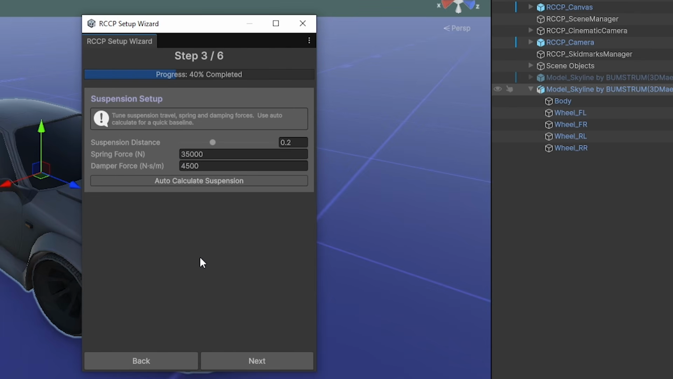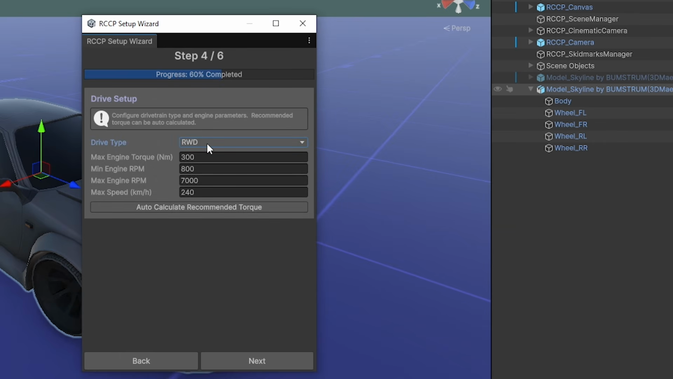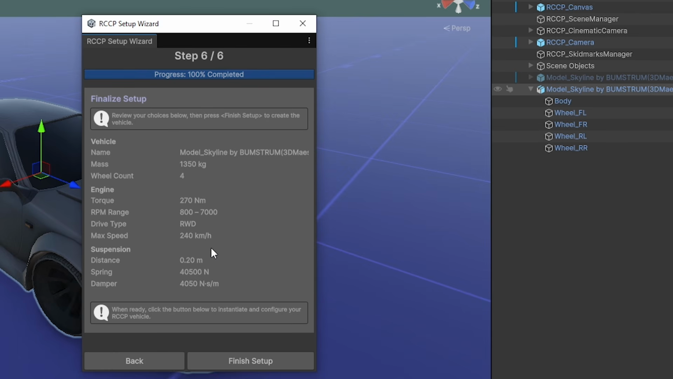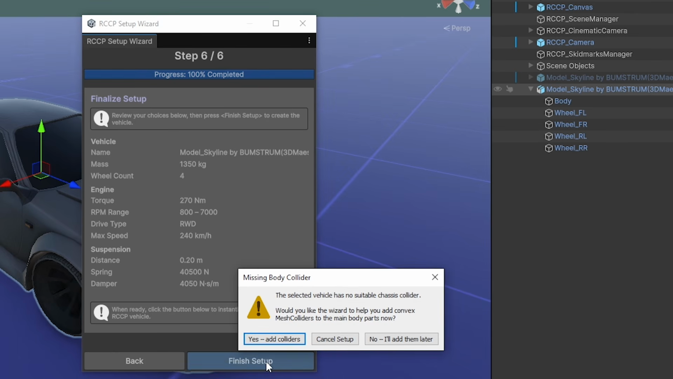We can head next, and we can add suspension. We can just click auto calculate because I'm not really sure what it should be. Go next. You can say that it's a rear wheel drive car, and we can auto calculate the torque. We can hit next. We can just select which add-on components that we might want, like particles, inputs, lights, LODs. We can just select all, and then it'll show us a final setup, and we can just say finish setup,